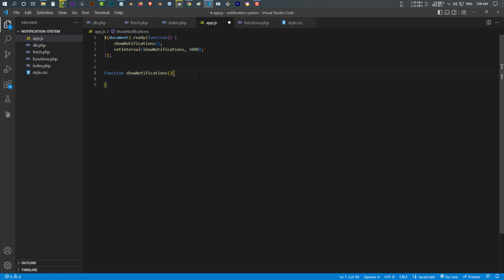Okay, so what is this showNotification? Let's create this showNotification. Inside this showNotification, I use Ajax to fetch data from our fetch.php. Inside this one, I first say the type. If you don't know what Ajax is, there is a tutorial on my channel. I will put the link in the description. You can watch. I say the type is post, and the URL is this file fetch.php,